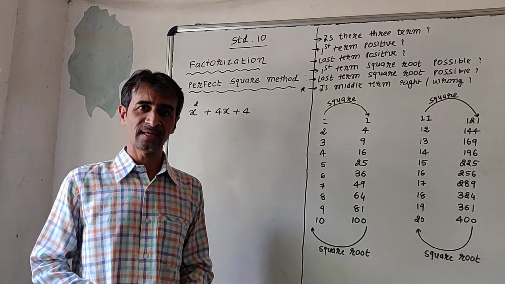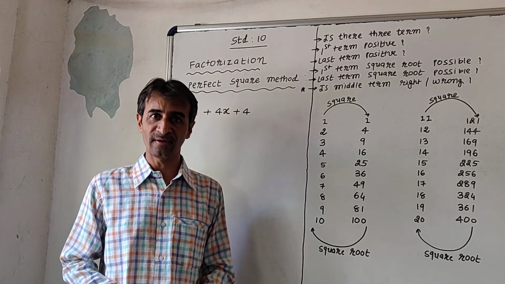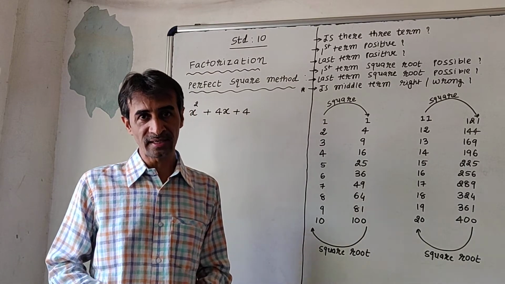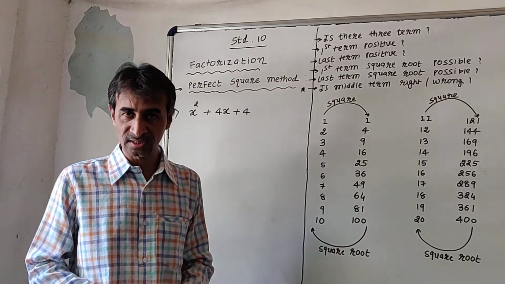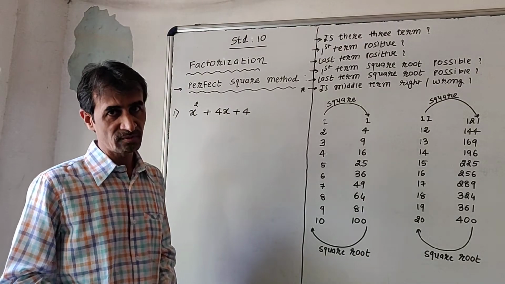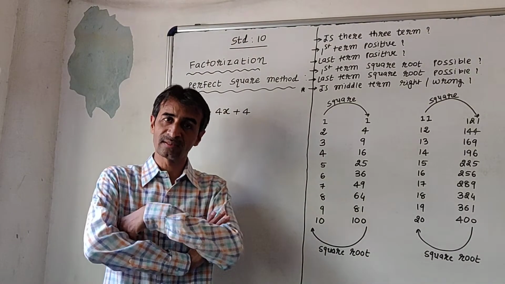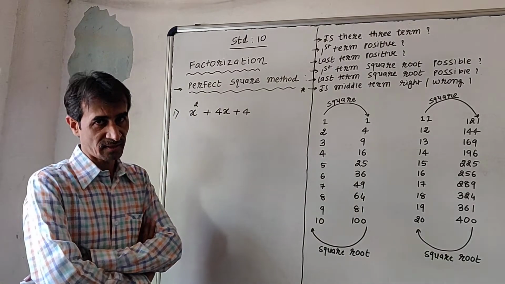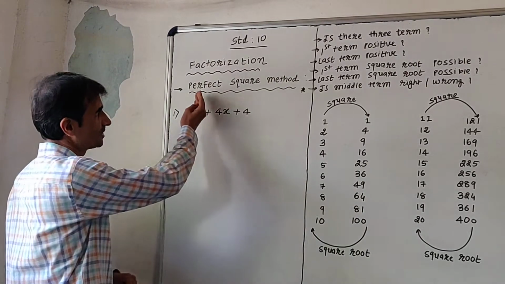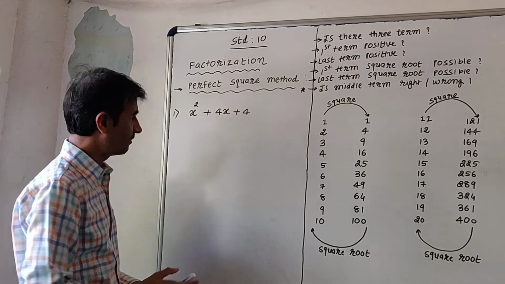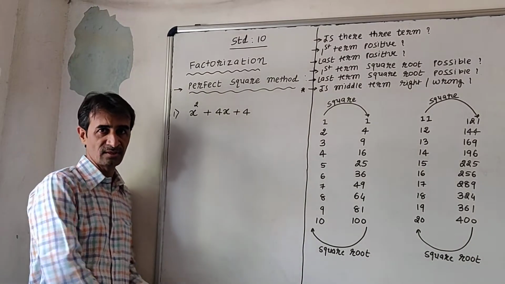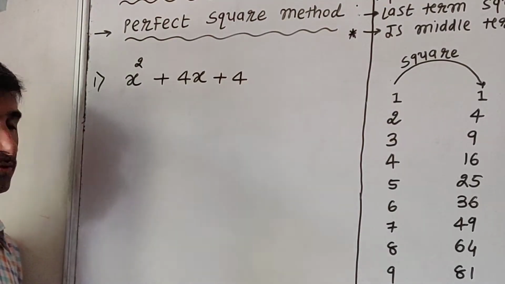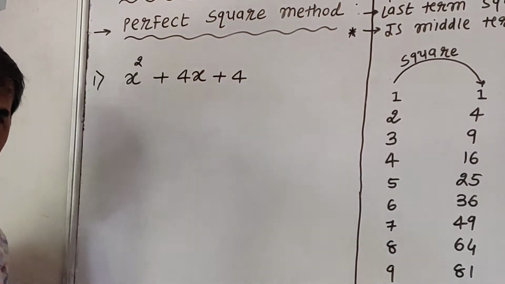Before we start the standard 10, we must know about factorization. So we must revise factorization because this is the basic thing. Now there are so many types of factorization. So we will start from the very basic, and it is the perfect square method. Now suppose this question is given: x square plus 4x plus 4, and suppose I want to go